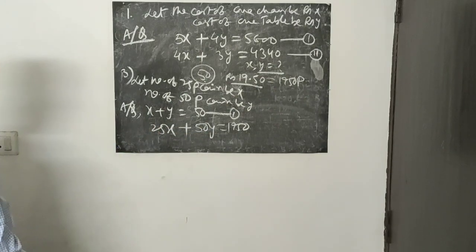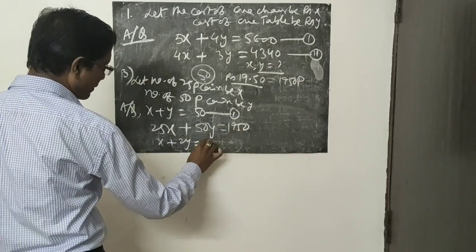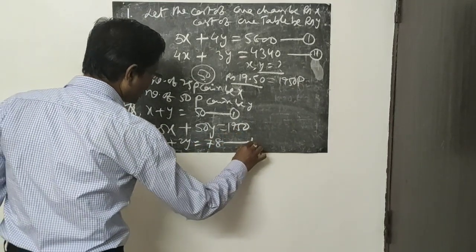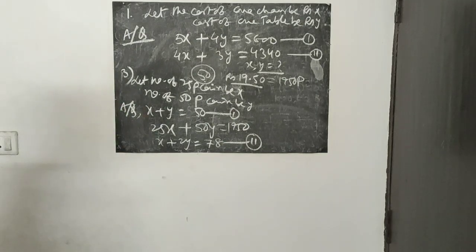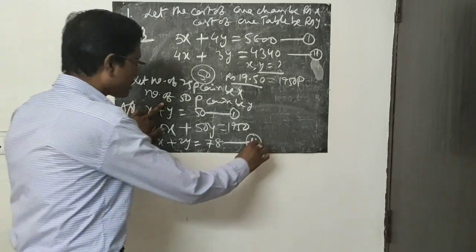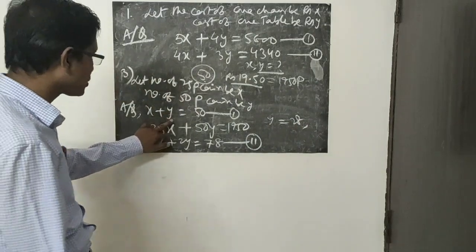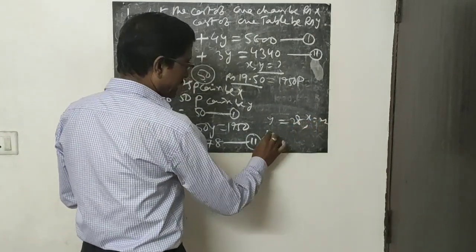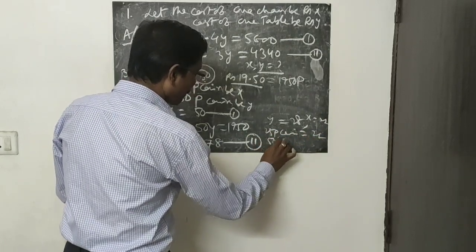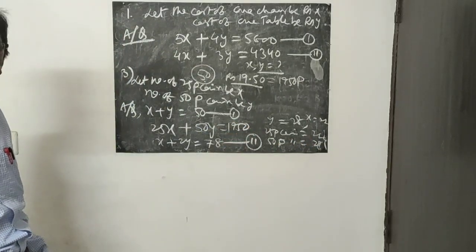Just dividing both sides by 25, you will get x plus 2y is equal to 175. Then you will be able to solve these two equations. See, these two have the same number. If you subtract these two, 2y minus y, ultimately you will get y equal to 78 minus 50, which is 28. And if you put the 28, you will get x equal to 22. That means the number of 25 paisa coins is 22 and the number of 50 paisa coins is 28. In this way you will be able to solve the equation.